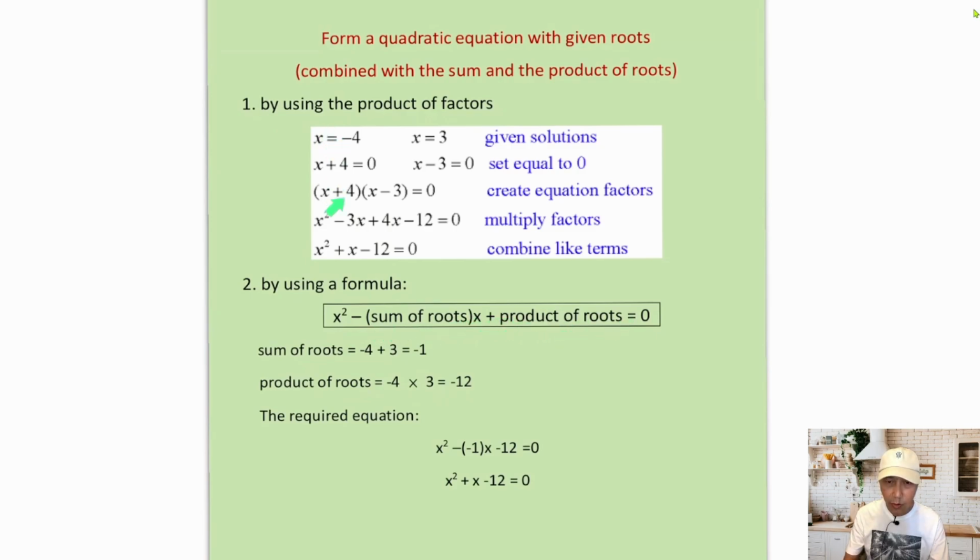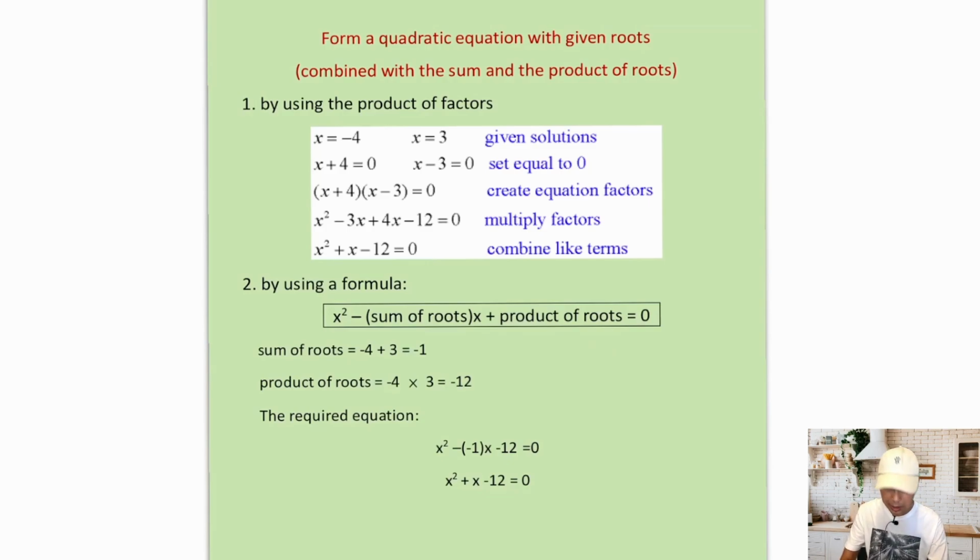Instead of going through all the steps, we find the sum of roots. In this example, the sum of roots is negative 4 plus 3, which is negative 1, and then the product of roots is negative 12. After we substitute negative 1 and negative 12 into this formula, and then simplify, we have the same answer. Both methods are quite straightforward, but we prefer the second one